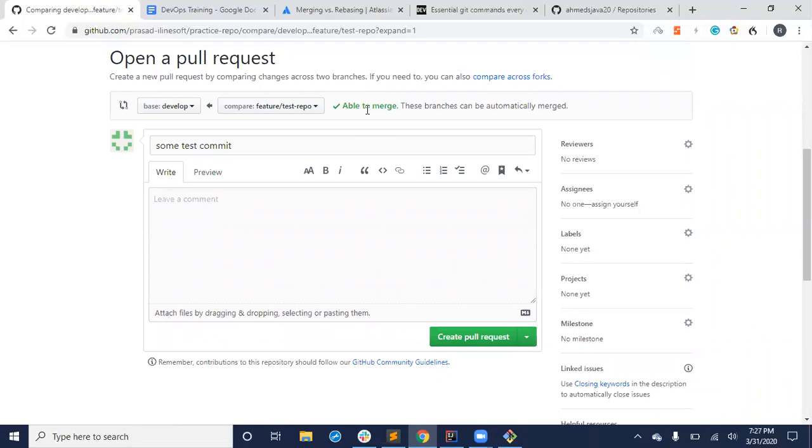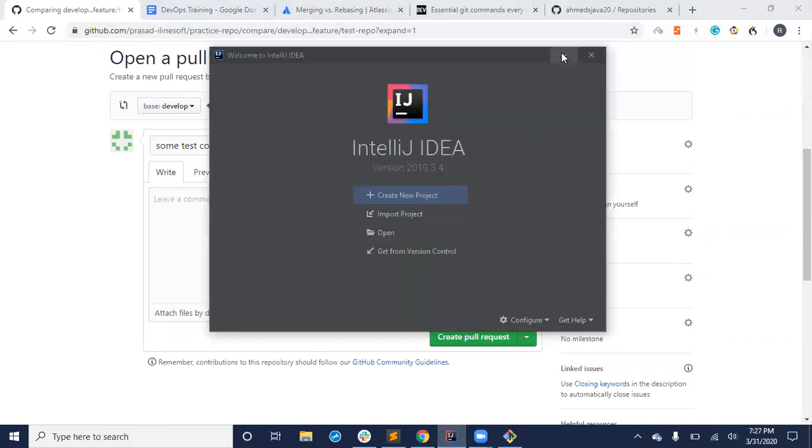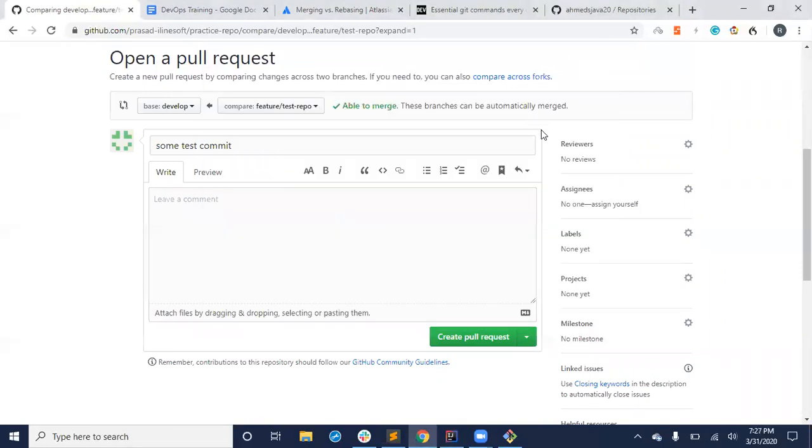Again, if you have merge conflicts, you need to resolve them in the command line. How do you resolve on the command line? When you do git merge, you get something, then you need to do it one by one. That is a bit hectic process. The other way I normally prefer is to do the merge from an IDE like IntelliJ. This is more developer-related stuff. So now I'm just trying to merge.